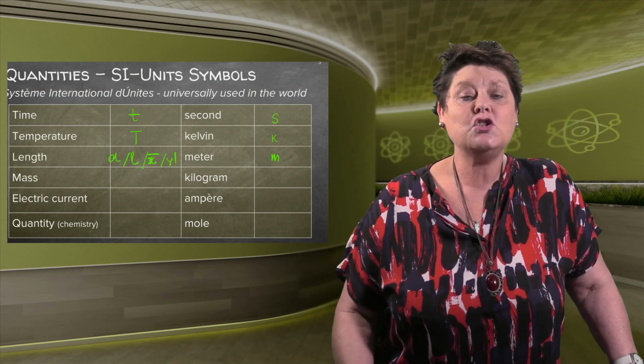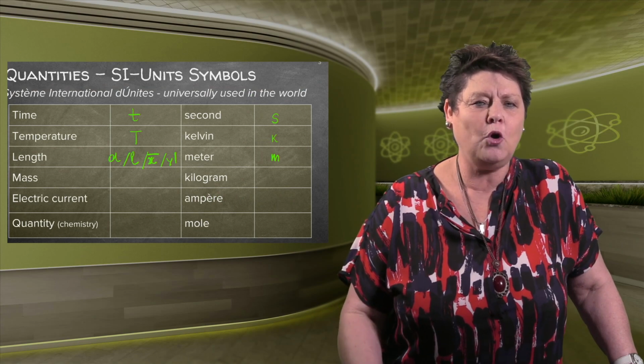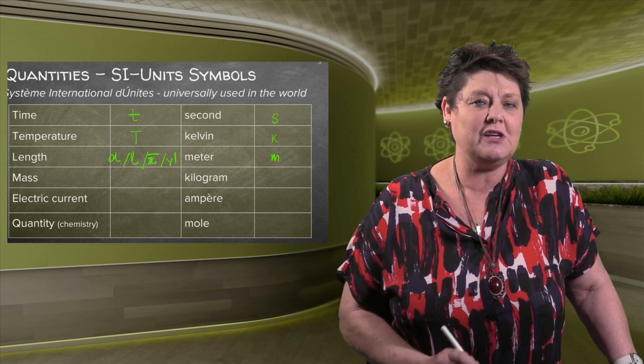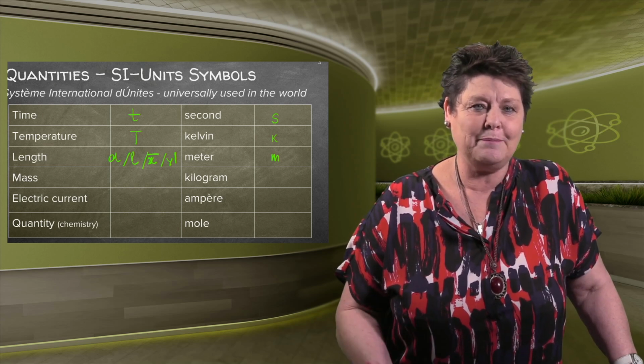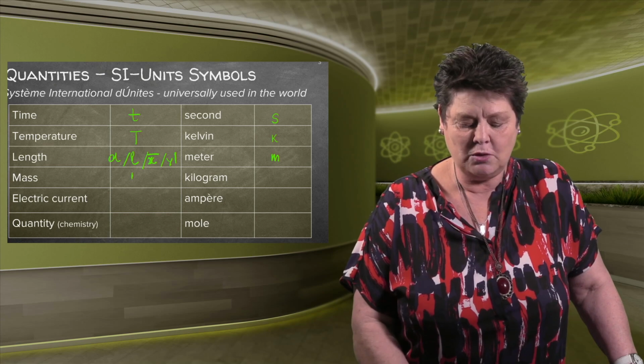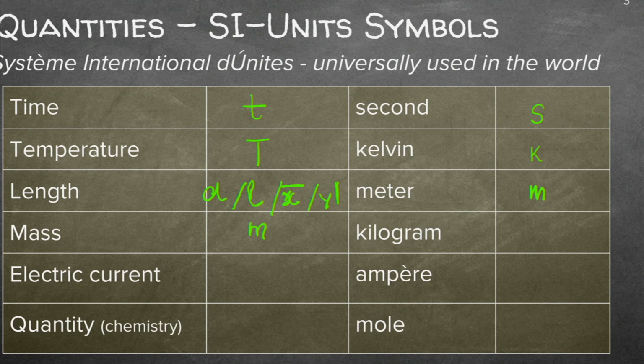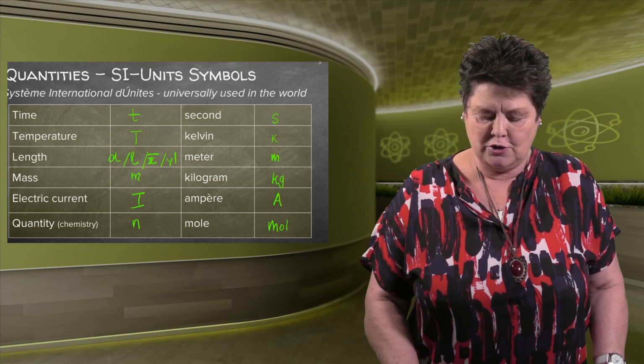Meters, however, is a small m, not a large M, because we'll use the capital M for something else. Mass will be, again, the small m, measured in kilogram. And look at that: current will be I, which is intensity, the electric current measured in amps. And then finally, moles, which will be the number of atoms, measured in mole. That's just a recap on the units.